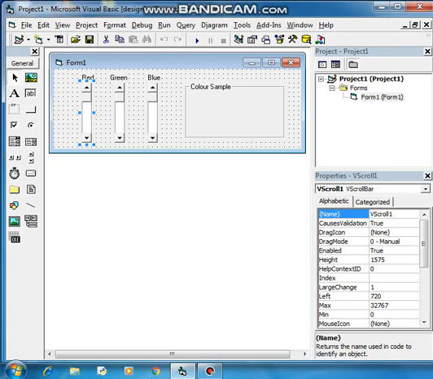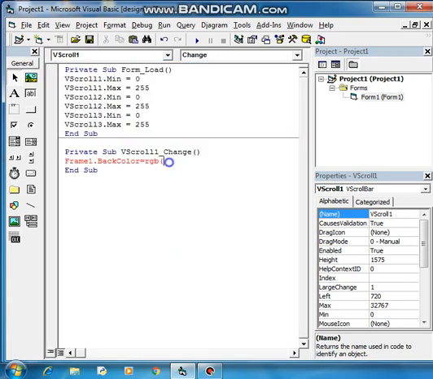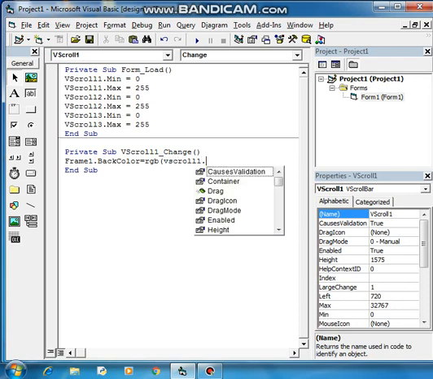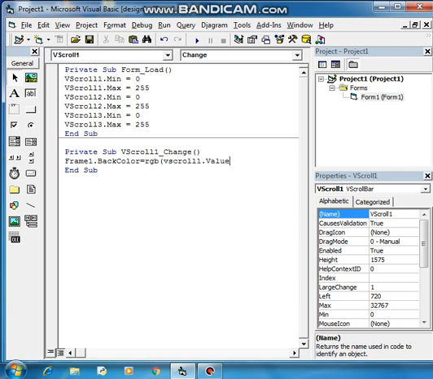Now the scroll bar's value, this is the value of the scroll bar. So what we need to write here: VScroll1.Value. It means because we are dragging the scroll bar up and down, every time the value will get changed, students. Fine. So every time it changes, that value will come to give the background color of the frame. Fine. So now I am just putting a comma, then we have to do this, I did for red, students.